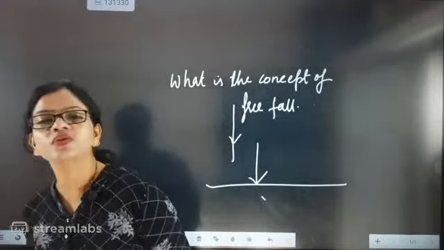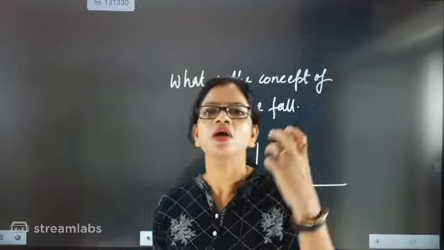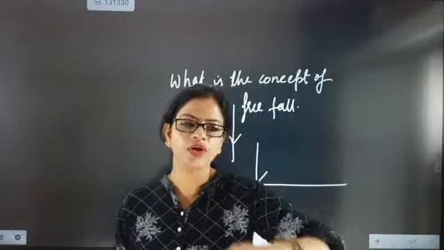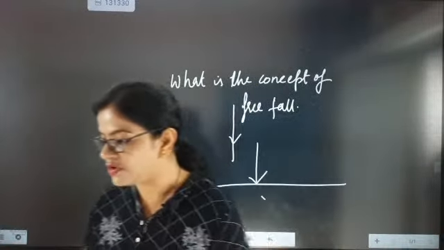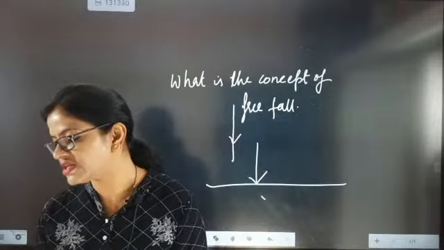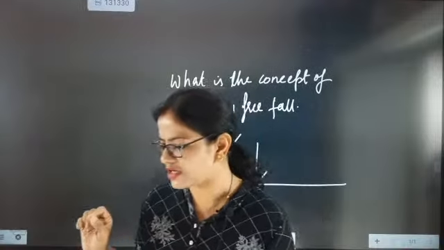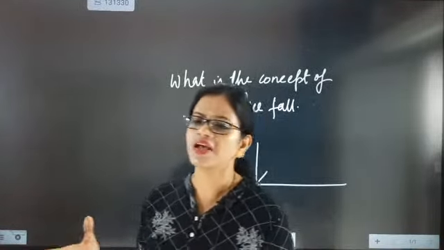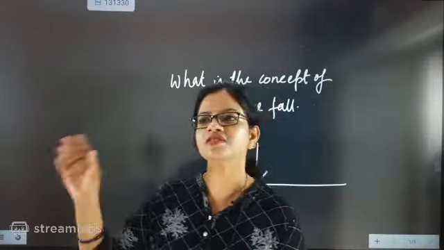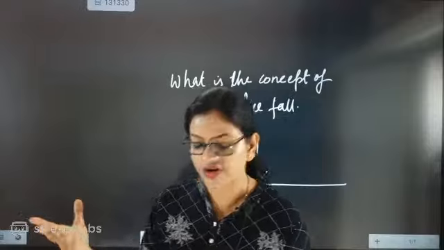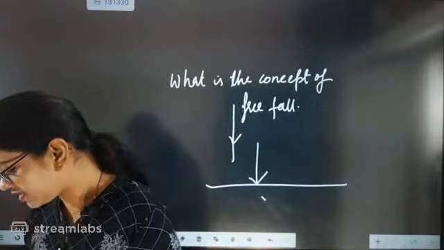Yes, so one thing we know is that the more we go away from Earth, the more the gravitational pull will decrease. The more we go towards the surface of Earth, the gravitational pull will increase. So gravitational acceleration decreases with altitude. The acceleration due to gravity pulls the object more when it is near the surface of Earth. It has more attractive force, but if it is away, the attractive force will be less.